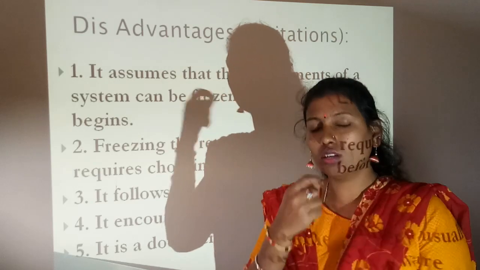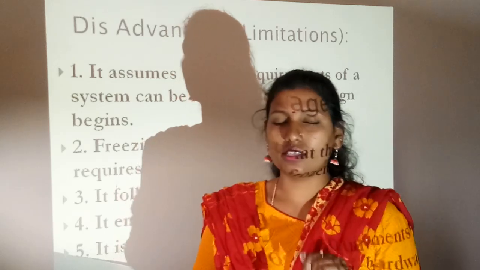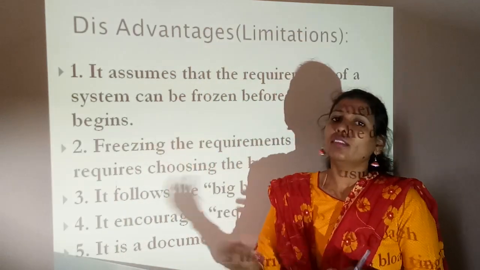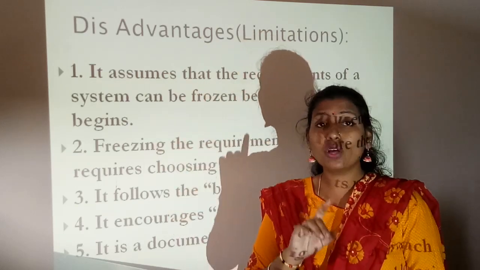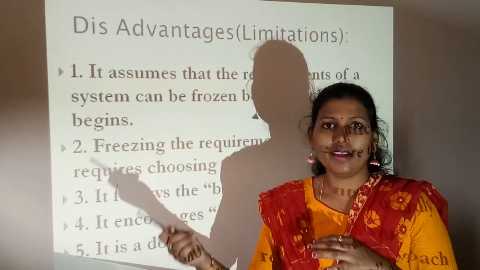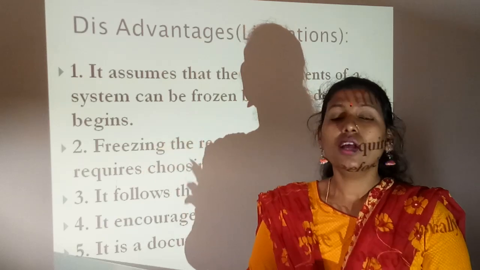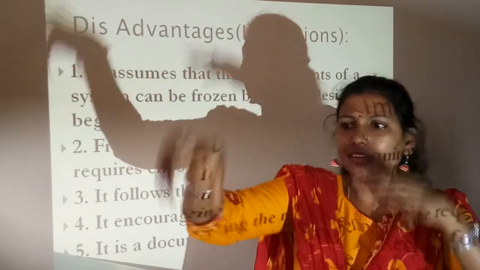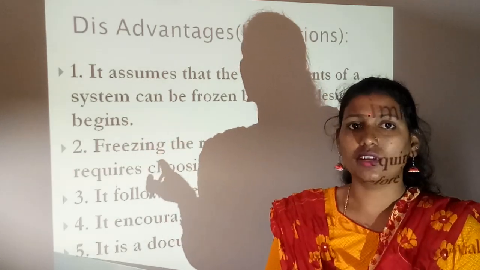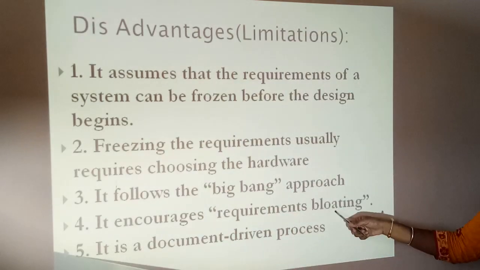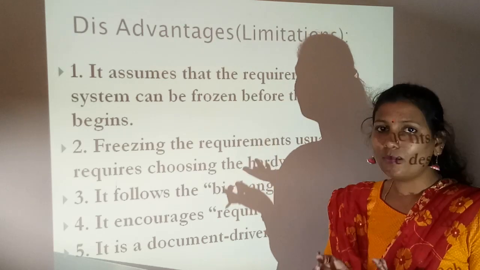So the requirement collection team will have in mind that I need to collect all the requirements in the initial stage. Once I start collecting, the necessary requirements you will include, and unnecessary requirements also you are going to include. Why? Because if I miss it now, I cannot add it later. That point will be in the requirement collector's mind. So I will start collecting all the requirements which are needed as well as not needed. Again, it is hectic for us. Correct? So requirements bloating is again a problem. Once the requirements get more, the project will become a complicated one.